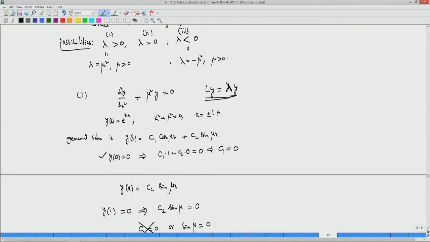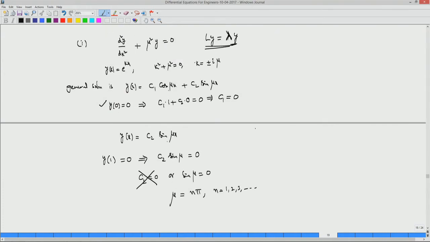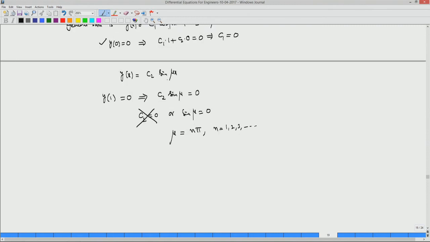Mu is, remember, always strictly positive. So n pi, where n is 1, 2, 3 and so on, because mu is always positive. So this implies, what is your solution? y(x) equal to